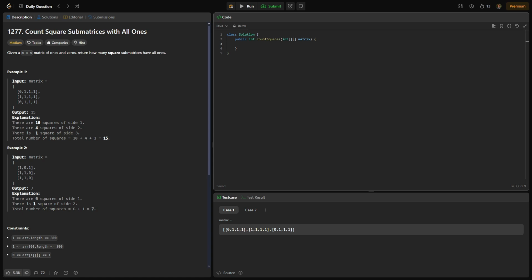Today's daily LeetCode problem of the day is Count Square Submatrices with All Ones, number 1277. For this problem, we're given an n by n matrix of ones and zeros, and we want to return how many square submatrices have all ones. So if we look at our example